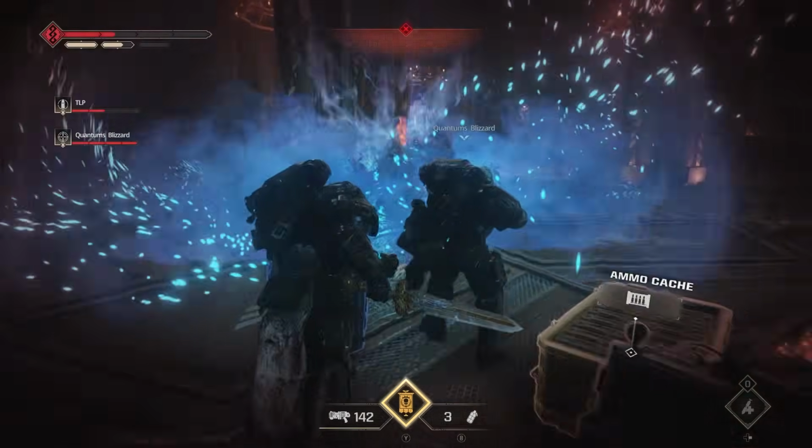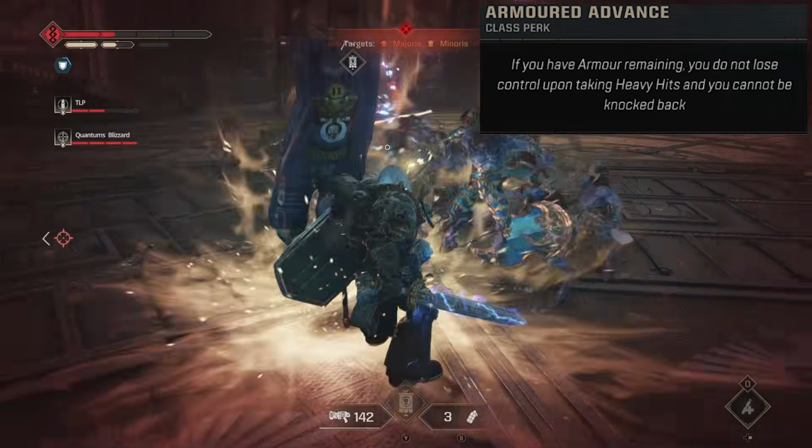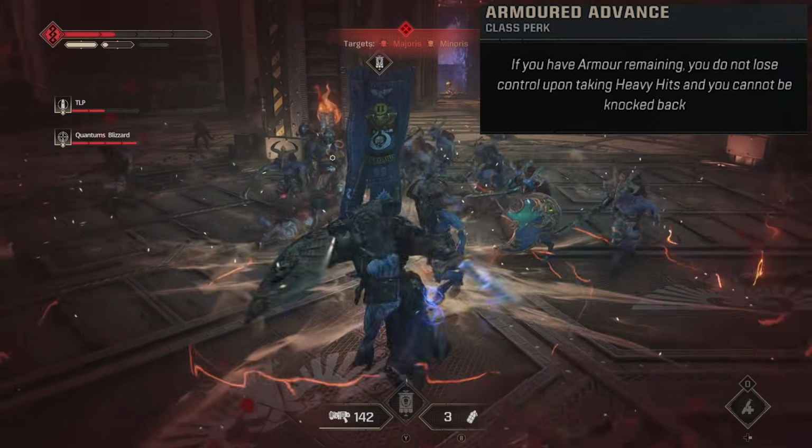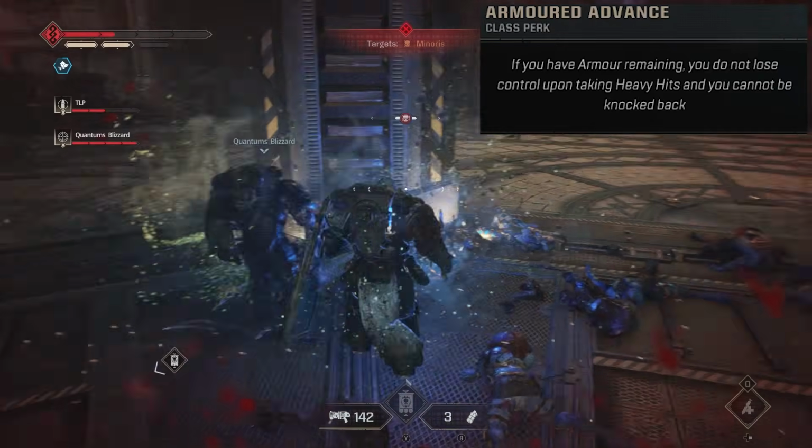And finally, the last option for him is Armored Advanced. This just says if you have any armor remaining, you do not lose control upon taking heavy hits and cannot be knocked back. This is very self-explanatory. Just so long as you have any amount of armor